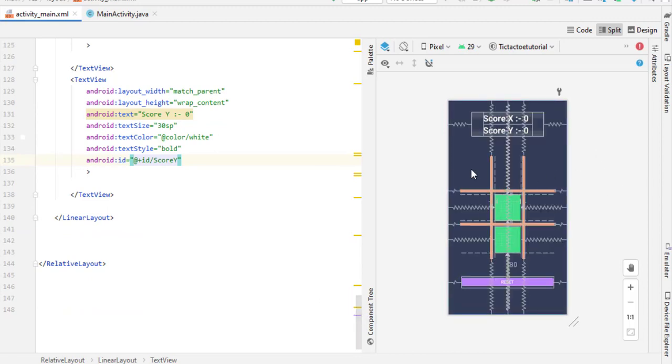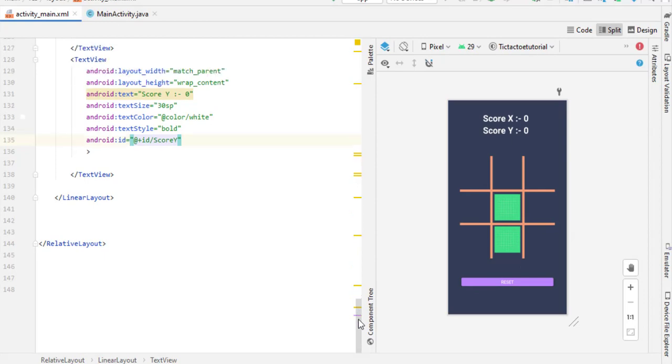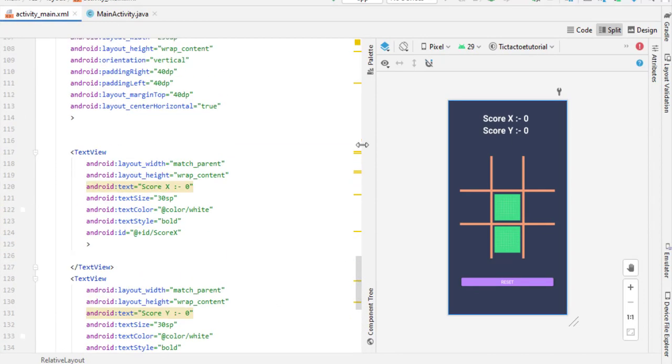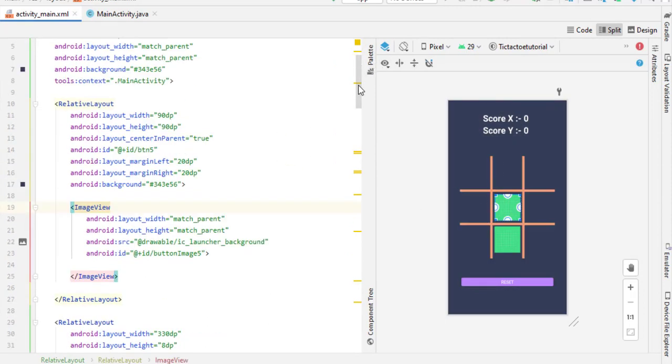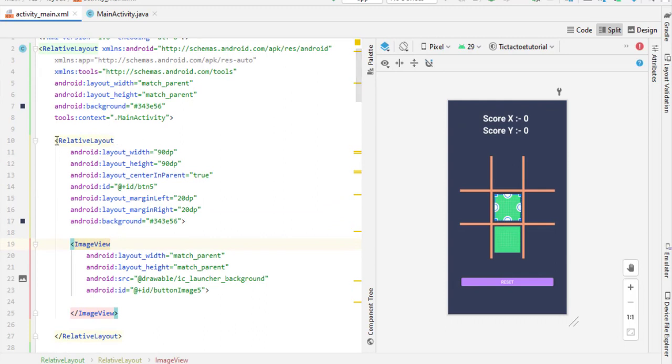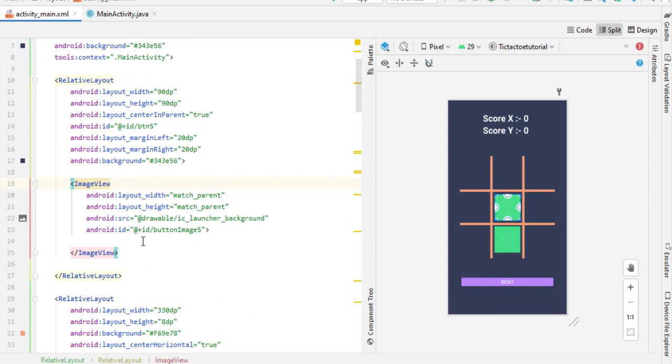Now what we have to do, we have to simply create our remaining buttons, which is our 7 buttons left. So we have to simply create those 7 buttons. So let's come here and start writing the code. Now first create our button number 4 and button number 6. So come here. It is better to create 3 buttons with the same code, one by one. So it is better to create 3 buttons along with the same group. So one button is created successfully, button 5. Now we have to simply create the button number 4 and 6.